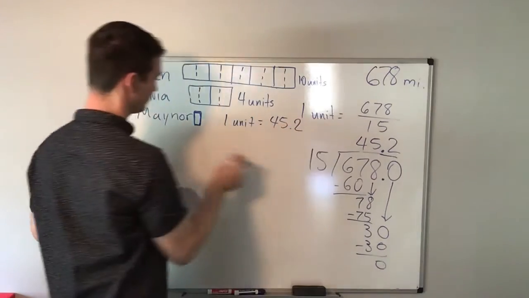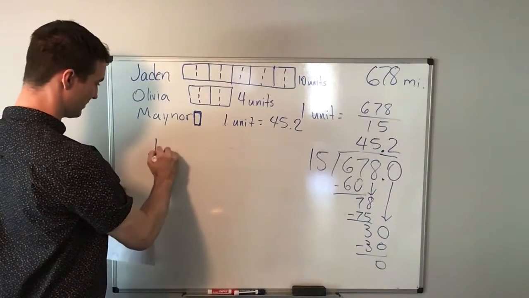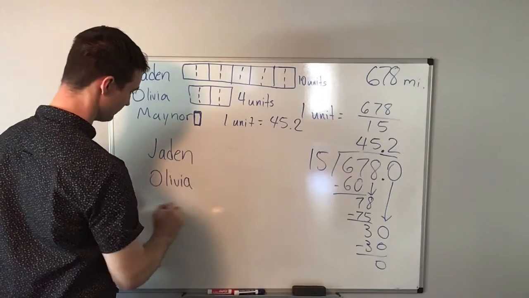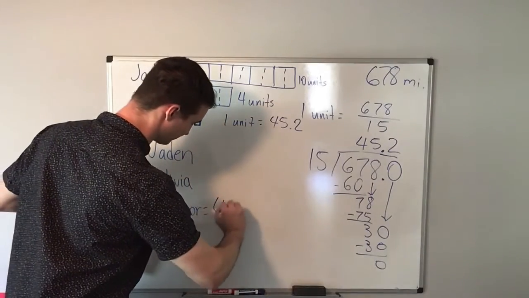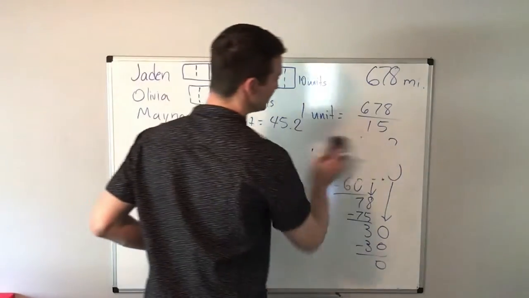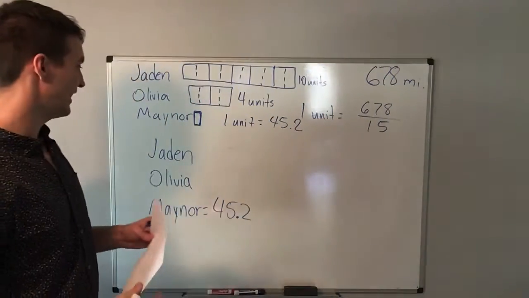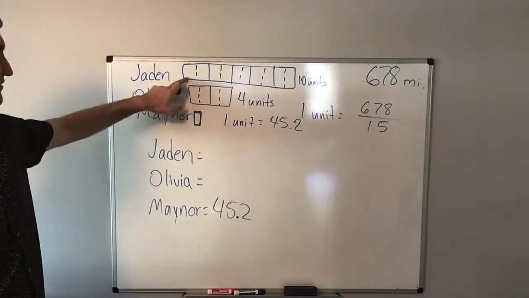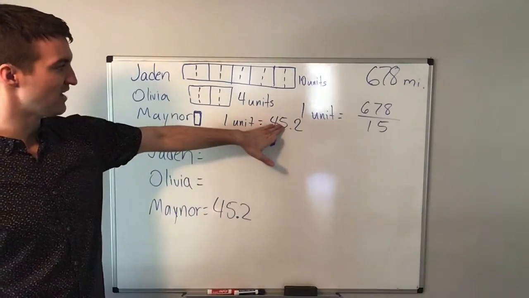So that means Maynard traveled 45.2 miles. So I'm going to go ahead and write my three individuals right here: Jaden, Olivia, and Maynard. So we already know Maynard traveled 45.2 miles. Okay? So what I want to do now is go ahead and find Jaden's distance and Olivia's distance. So if Jaden has 10 units, then I'm going to take 45.2 and